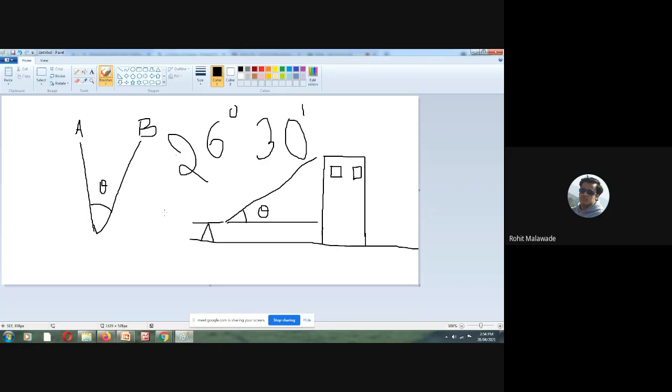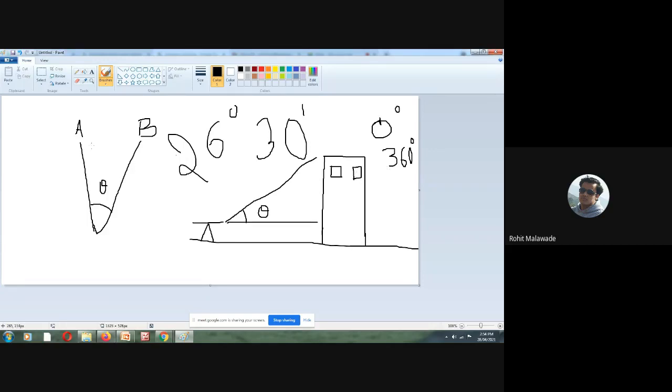We know that in order to make one circle, we need to cross 360 degrees. If you want to make one circle, we start from zero, and in order to reach the same point again, we will make an angle of 360 degrees. This is a normal concept that you already know.